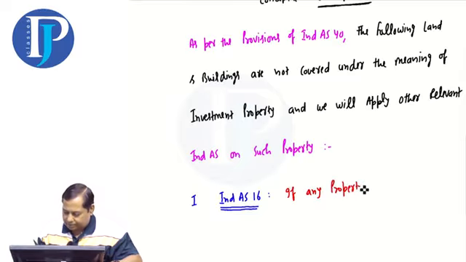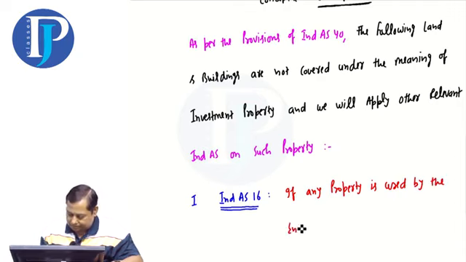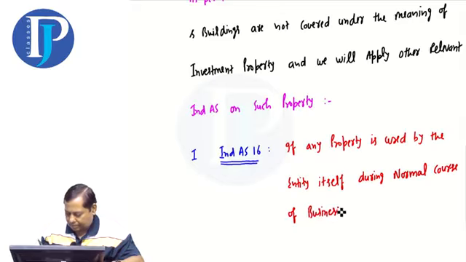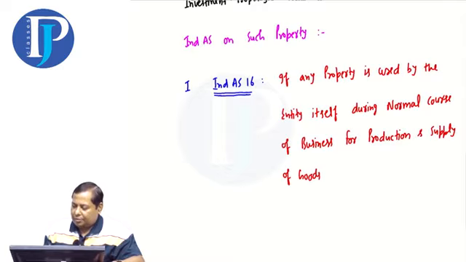If any property is used by the entity itself during the normal course of business for production and supply of goods, or for supply of the goods and the services,